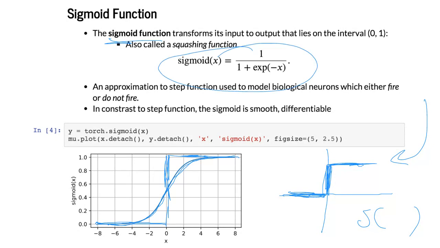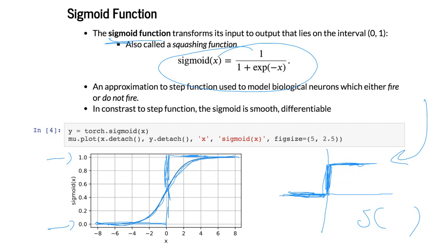So basically, you can see that the sigmoid function squashes everything between 0 and 1. So this function, in contrast to the step function, is smooth, differentiable, has some nice properties. However,